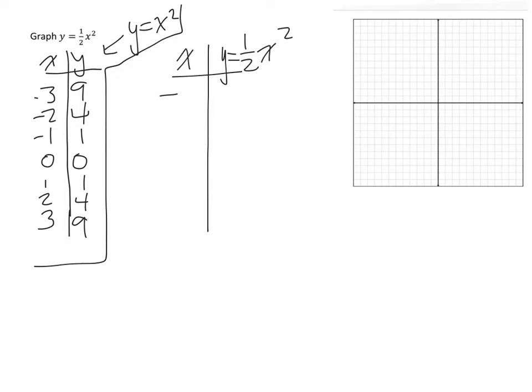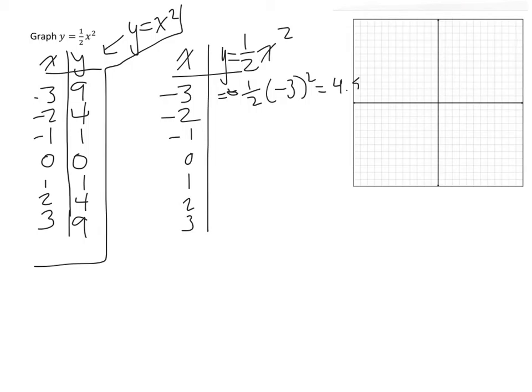So I'm going to just reuse my same points from before. So then I'm going to do the math, and I'm going to think to myself, okay, it's going to be 1/2 times negative 3 squared. So in my head I think negative 3 squared is 9, and 9 times 1/2 equals